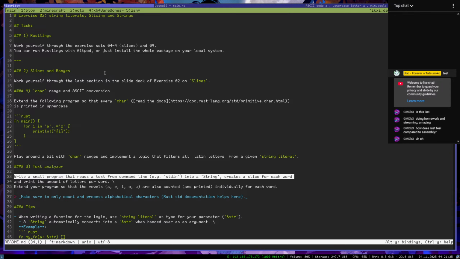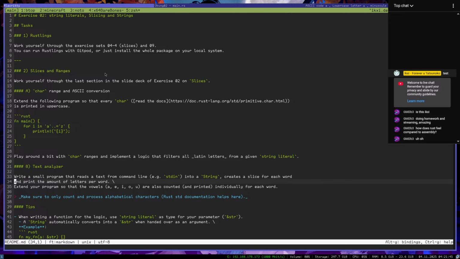Now there's my program that reads text from command line, send it into a string, create a slice for each word, and print the amount of letters per word. Extend the program so that vowels A to U are also counted and printed individually for each word.